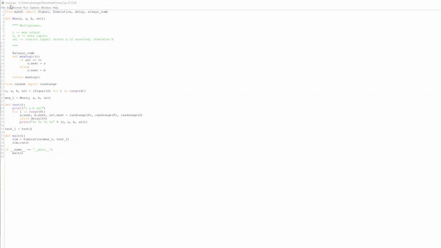So this is the Python IDLE. Then this requires MyHDL, which is a Python library that allows hardware designers to write hardware descriptions in Python and convert them into VHDL or Verilog, which will be synthesizable. There are other tools available like VUnit, which is mainly focused on creating the test bench